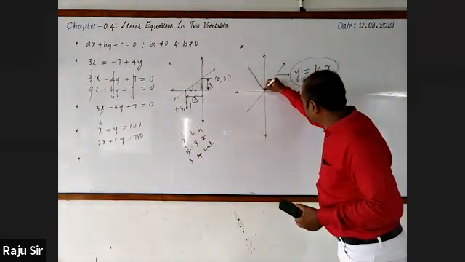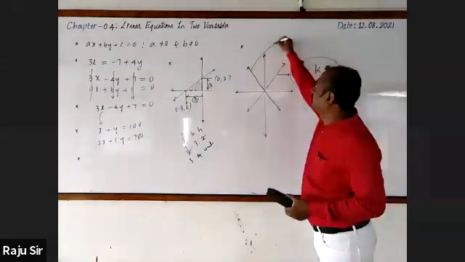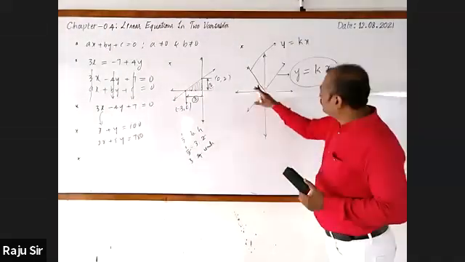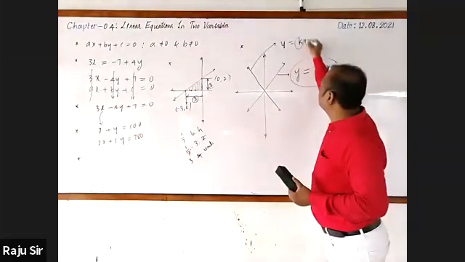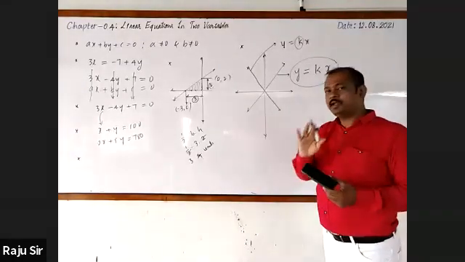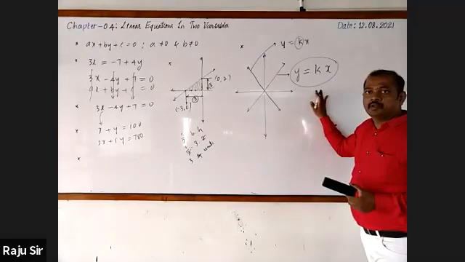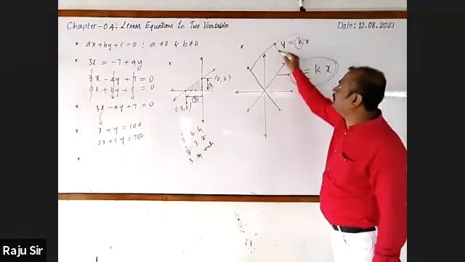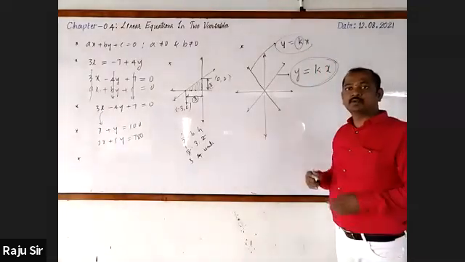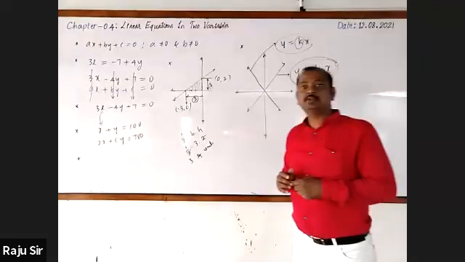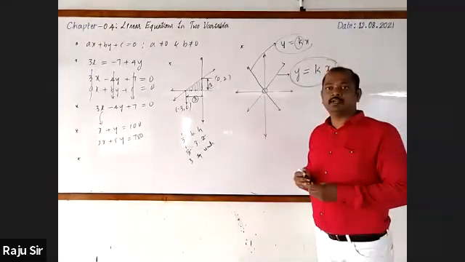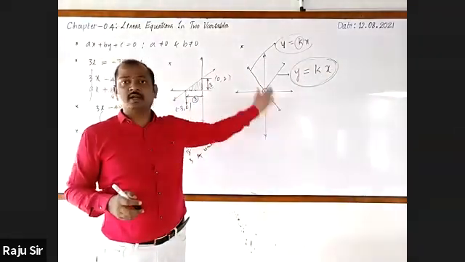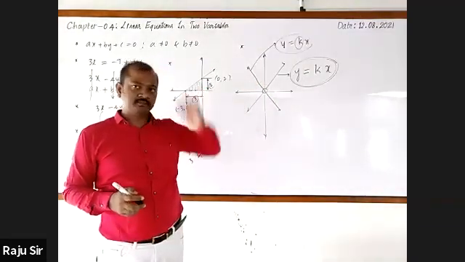Similarly, even if I draw the graph of an equation like this, this is also y equal to constant into x. But with respect to these two, one will be having the negative value for k. I'll explain that later. In general, the graph of y equal to constant into x always passes through the origin, 0, 0.